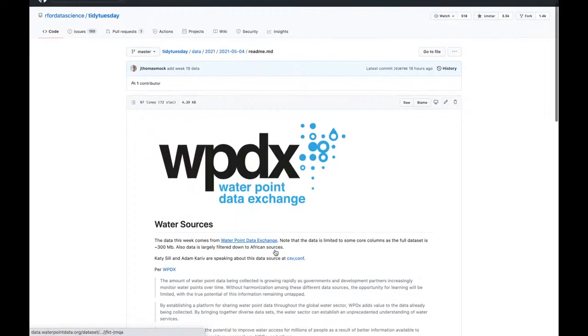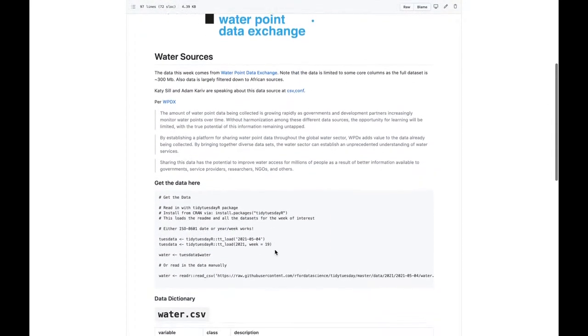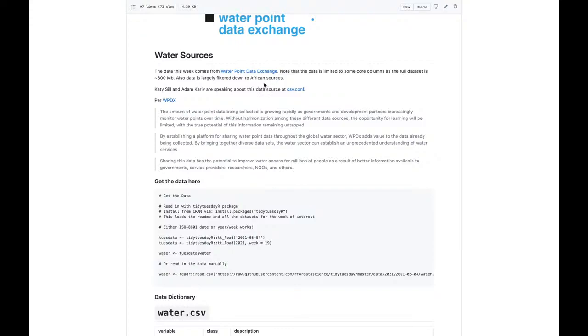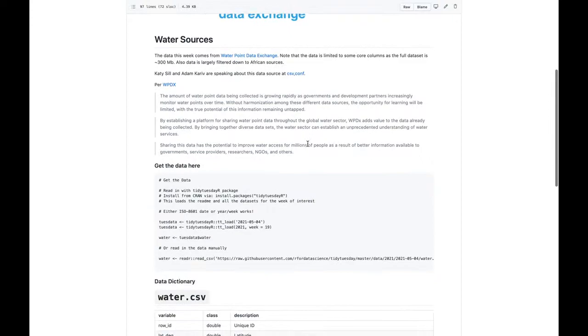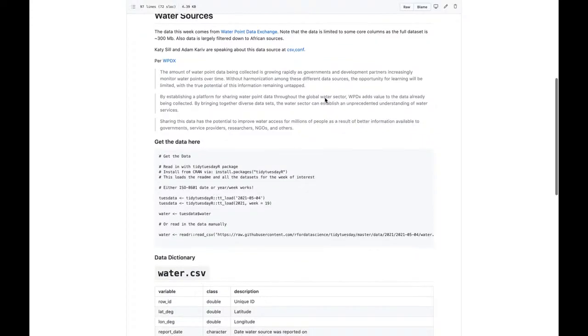I don't know anything about this data except that it's about the Water Point Data Exchange. It's filtered down largely to African sources, with some core columns. The data set is really large, with a huge amount of water point data being collected. Let's see. Okay, so it seems like things like wells and